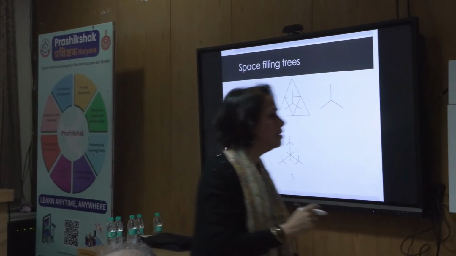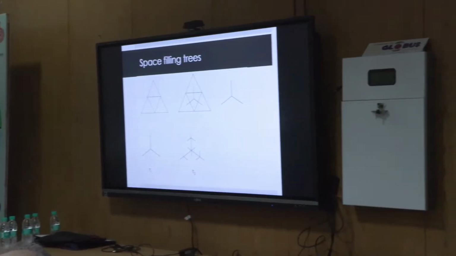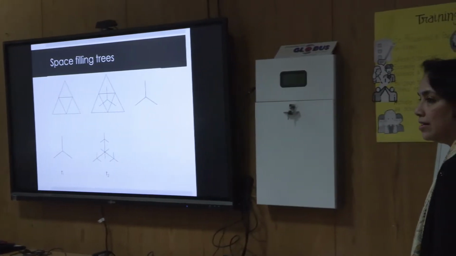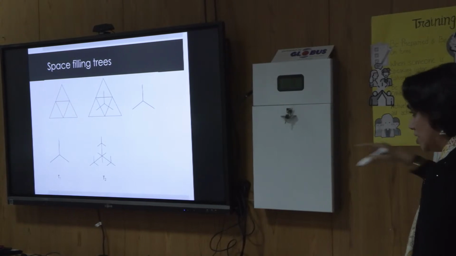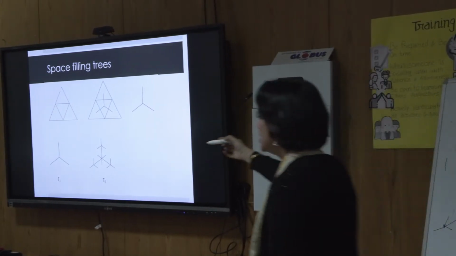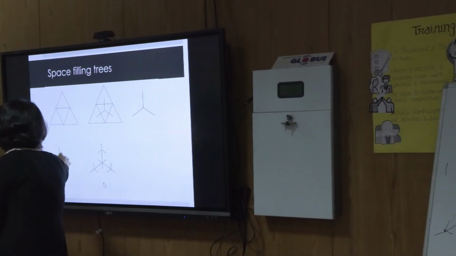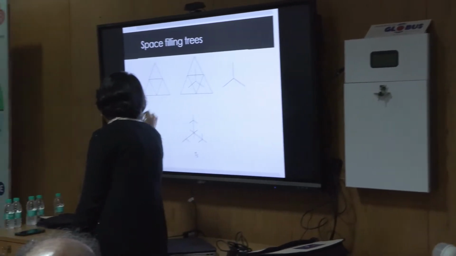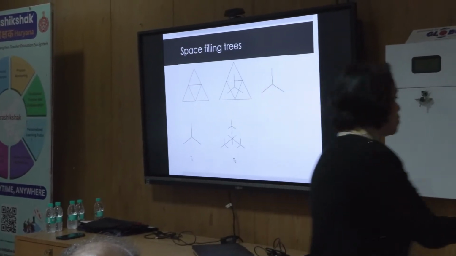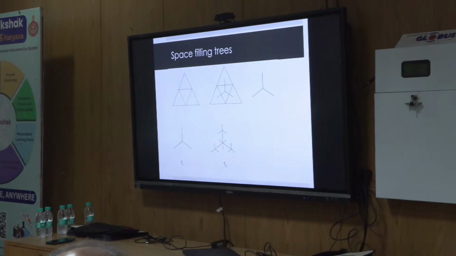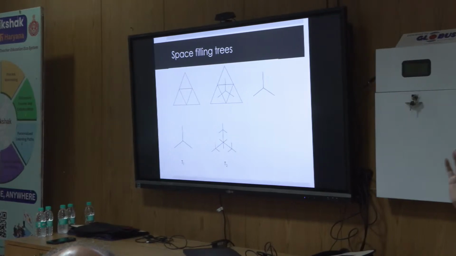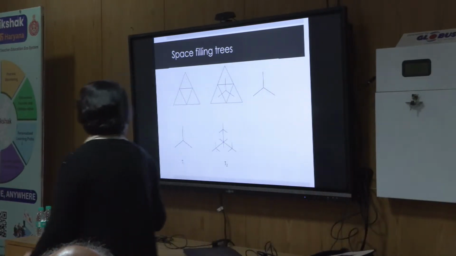So we have added to the three endpoints. These are called vertices of degree 1, because from this endpoint there's only one edge coming out. From this there's only one. From this there's only one, right? So we add 3. So I've added 3 into 3, that is 9. But I've also added 3 here. So 12 branches have got added, right?